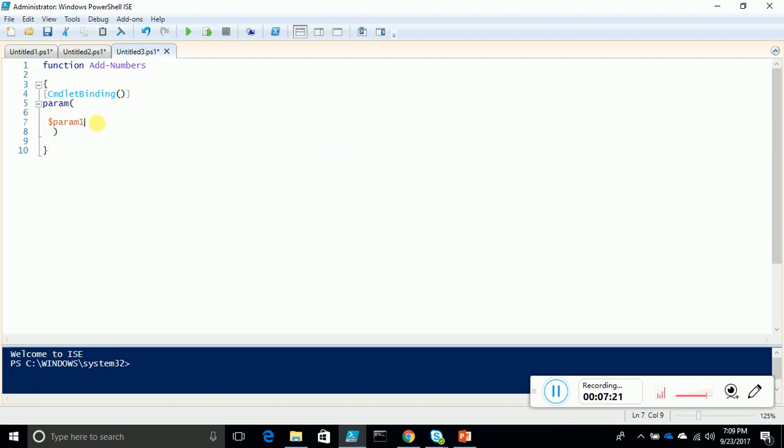So parameter 1, I can also explicitly tell what type of parameter it would be. It would be string, it would be integer, it would be whatever. And then